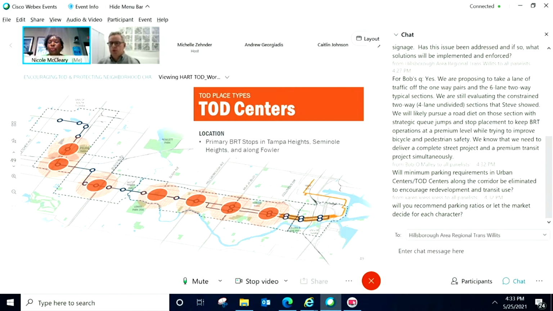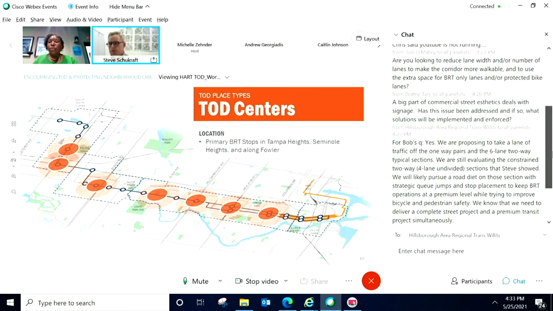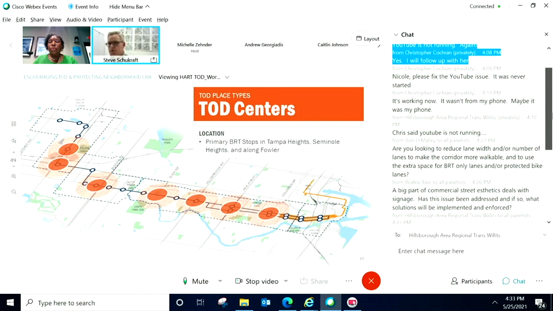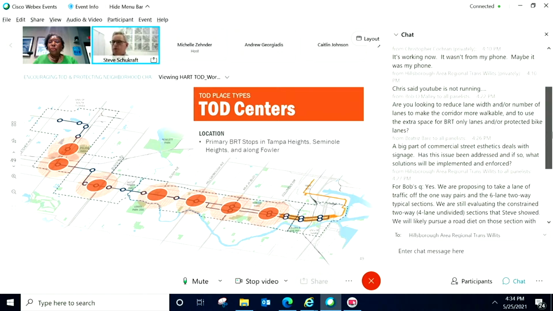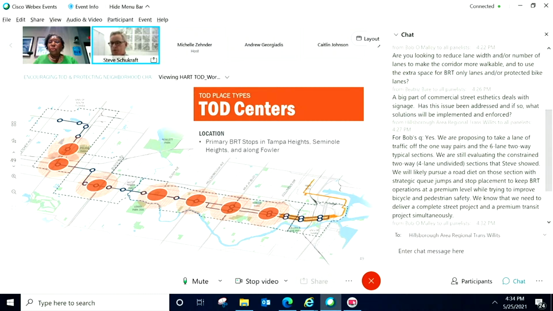So there, again, as we think about this, we're thinking about this as not a one-size-fits-all strategy. So the parking strategy would have to be calibrated to the location. One of the things that we're concerned about, if we completely removed parking requirements or had highly reduced minimum requirements, is the potential for spillover parking in the places where the corridor is right up against single-family residential neighborhood fabric. So where we don't have an opportunity for the street network or parking within a district to absorb any overflow, we're going to be really careful about the way we think about potential reductions.